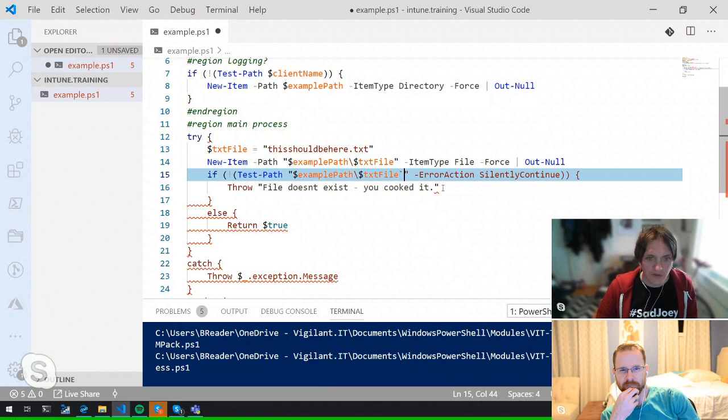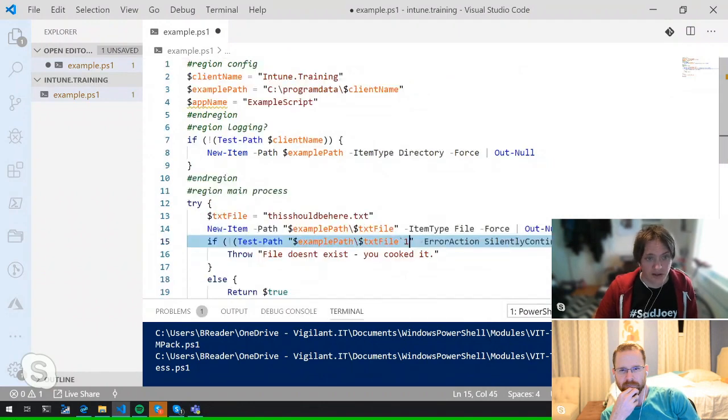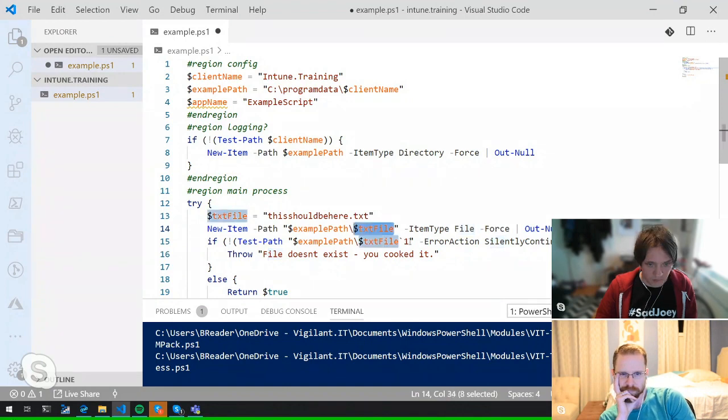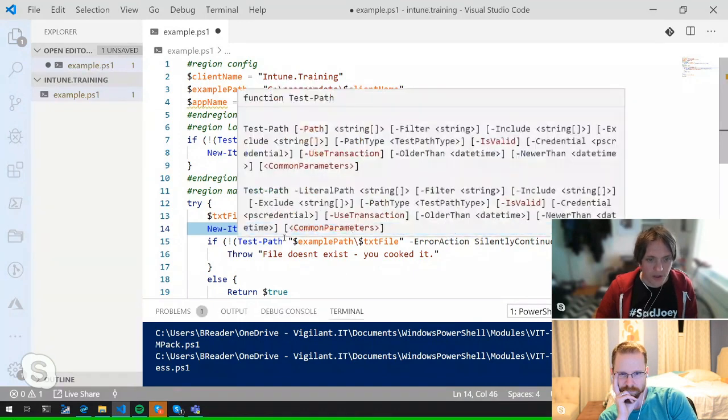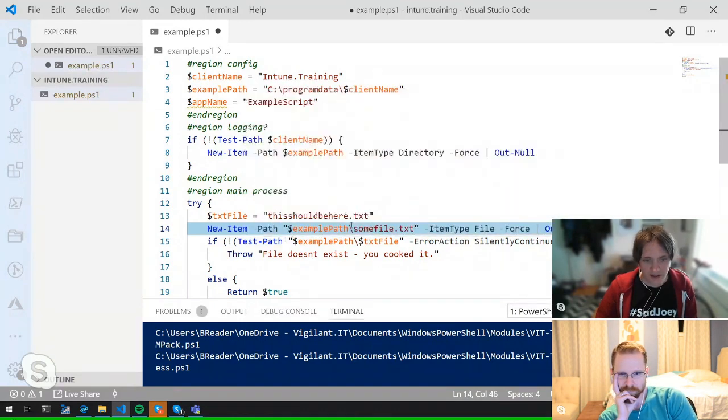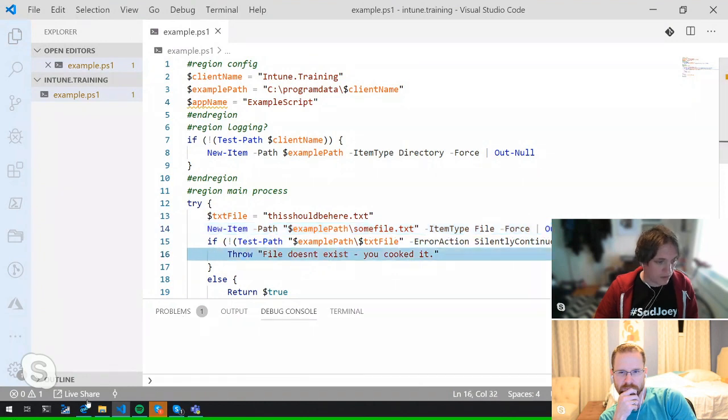But okay, so what this should, in theory, do is create this file, and then we're going to do a test path against that. Let's actually do it this way. some file.txt. All right. So what we're looking for is this should be here.txt. However, we're going to create a file called somefile.txt. So the naming will fail, and this is going to bomb out. So, and we're going to go to our